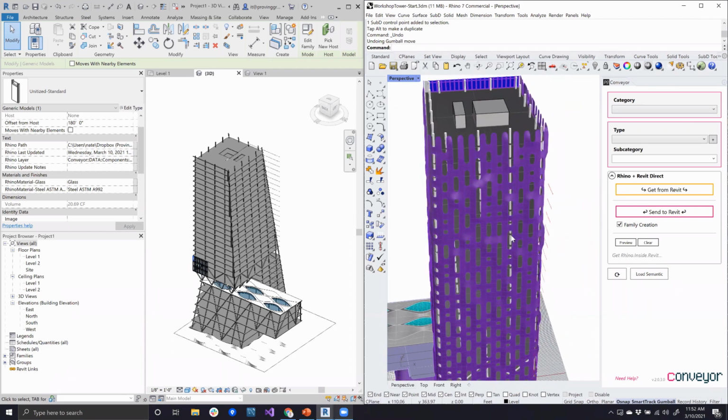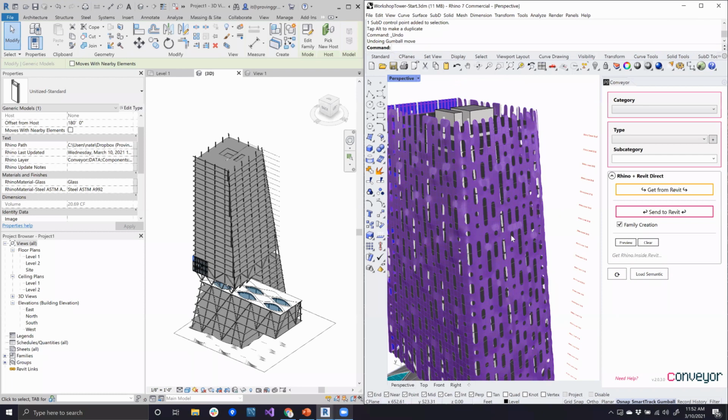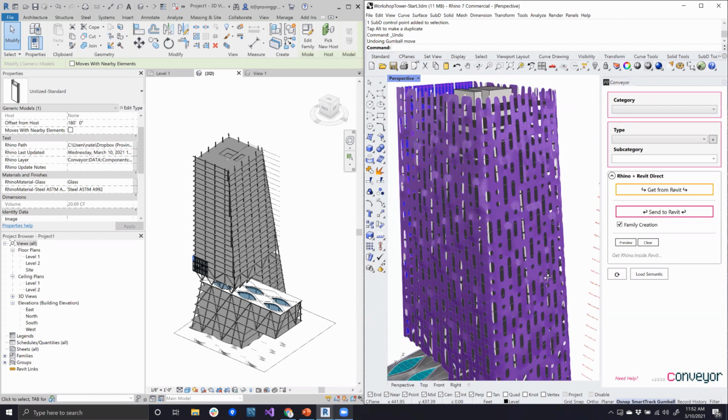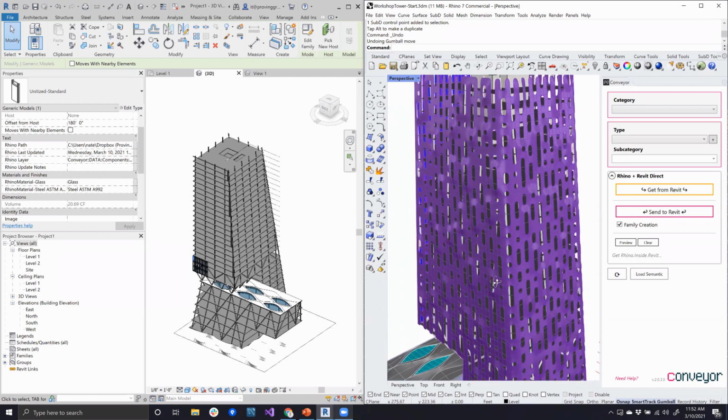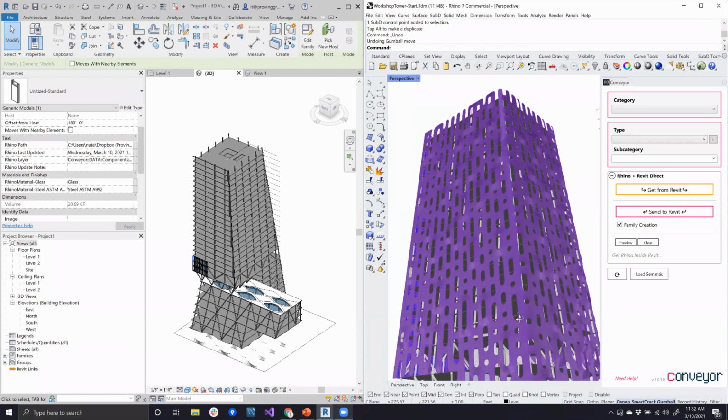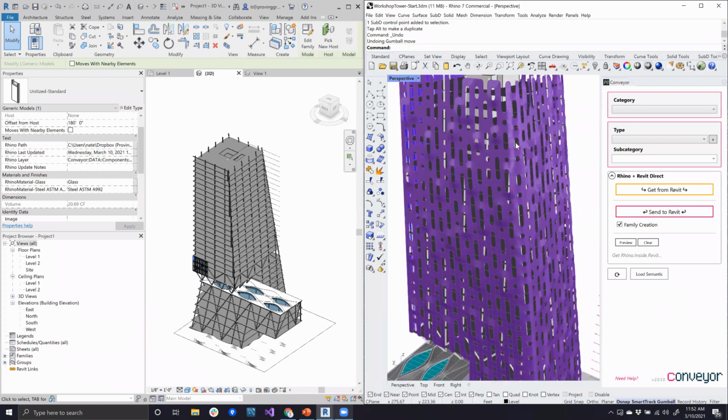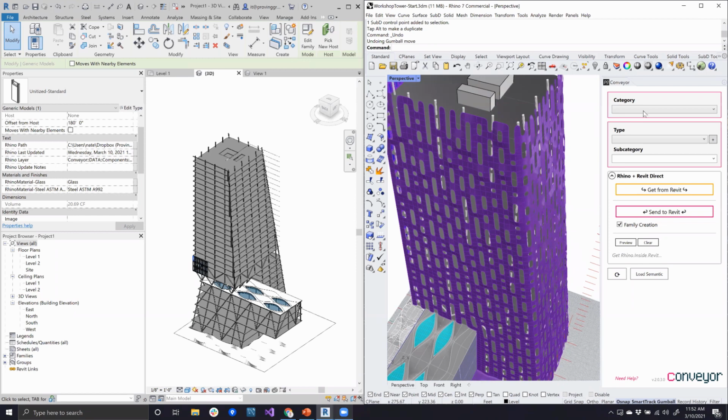Also, shout out to my colleagues that used to love T-splines. I used to use T-splines all the time inside of Rhino. So this really adds that functionality back in, and it's now baked into the core of Rhino, which is awesome. But what I thought might be cool is to do a quick send of this object